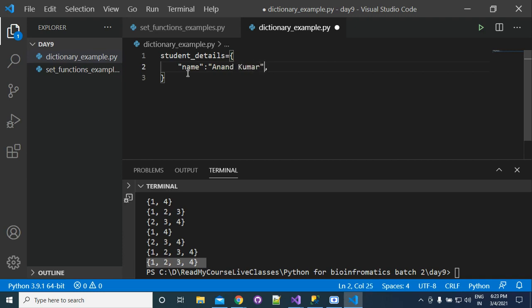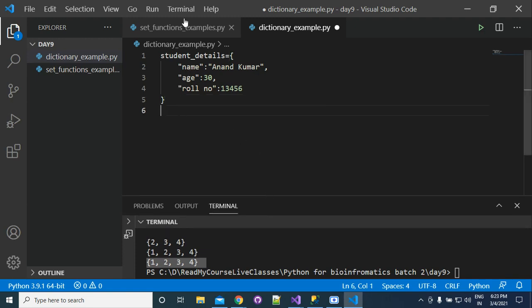Next, comma, and suppose we write age. The value of age is suppose 30. And now we write roll number, and roll number is suppose 123456. So this is a dictionary.